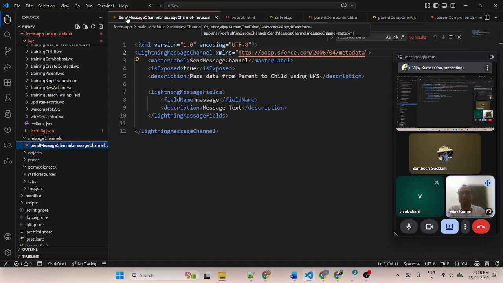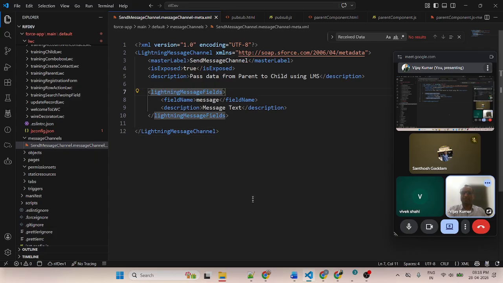So before the dot it is the file name, after the dot it is the folder name, and after that the meta XML file. This is the name of the file of the message channel. Got it, the structure? So this is the structure of the message channel file name. Vivek and Santosh, got it? Yes, sir. Structure and file name? Yes, sir. Okay.